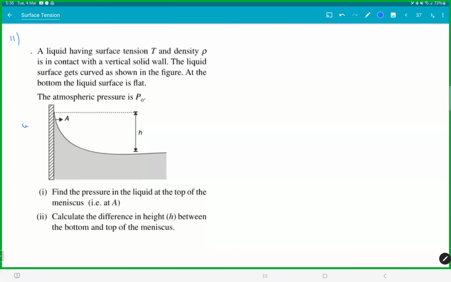So this is the wall and this point A is just inside the liquid surface. Meaning, if I have to draw the side view,